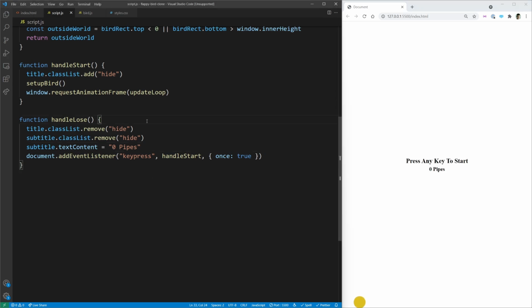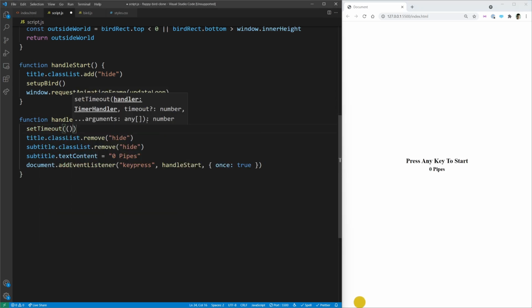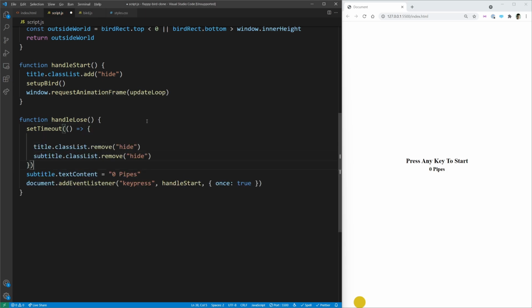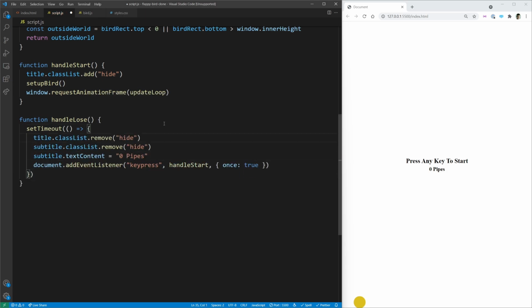Now, one important thing I want to do is I actually want to set this inside of a setTimeout, and that may seem a little bit weird, but the reason I'm doing this is because it's often common that you're going to lose and you're going to be hitting the spacebar a lot as you're playing the game. So I want to make sure there's a small delay, for example, 1/10 of a second. So after you lose, it's not going to count any inputs. So if I'm hitting spacebar a bunch of times, this event right here won't fire again. So it won't automatically restart the game. It'll wait a little bit and then it'll let you restart,